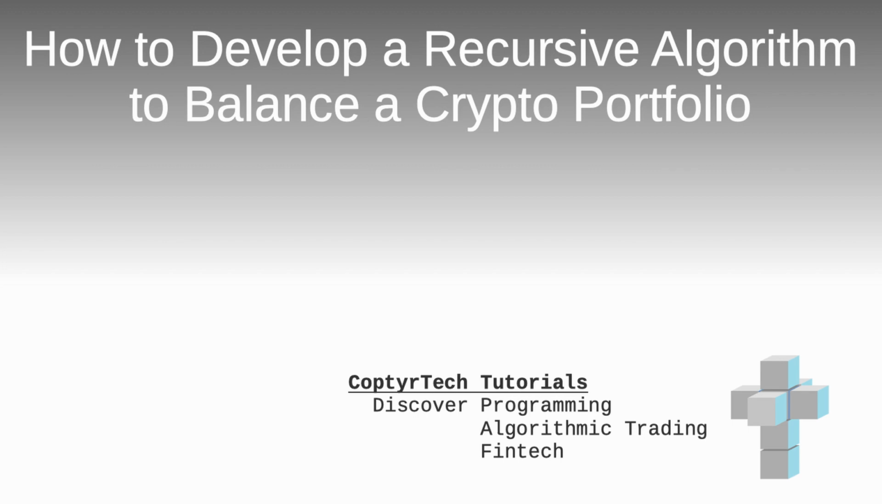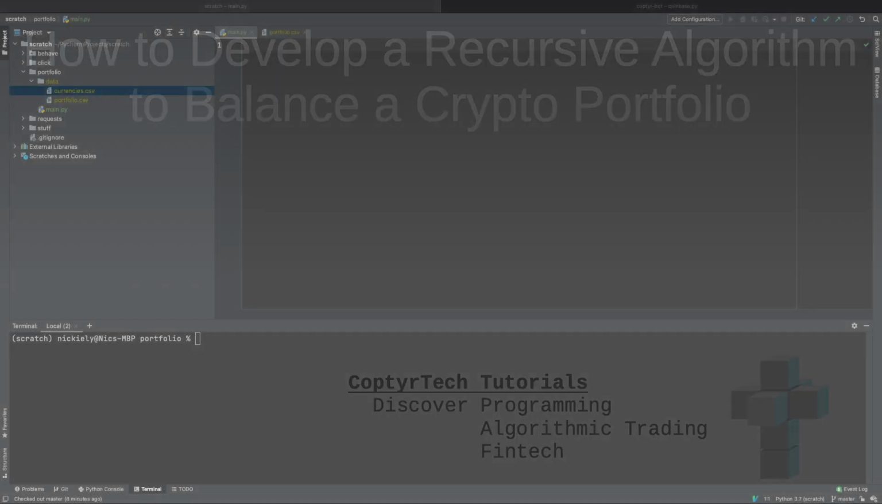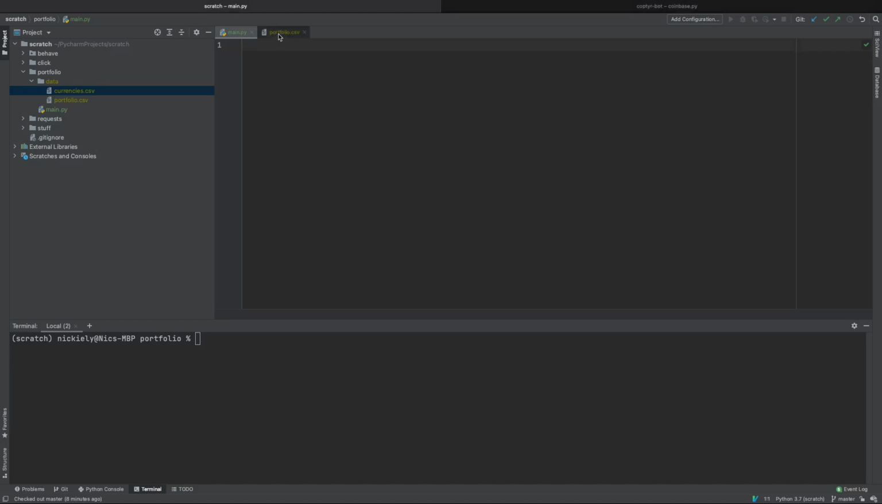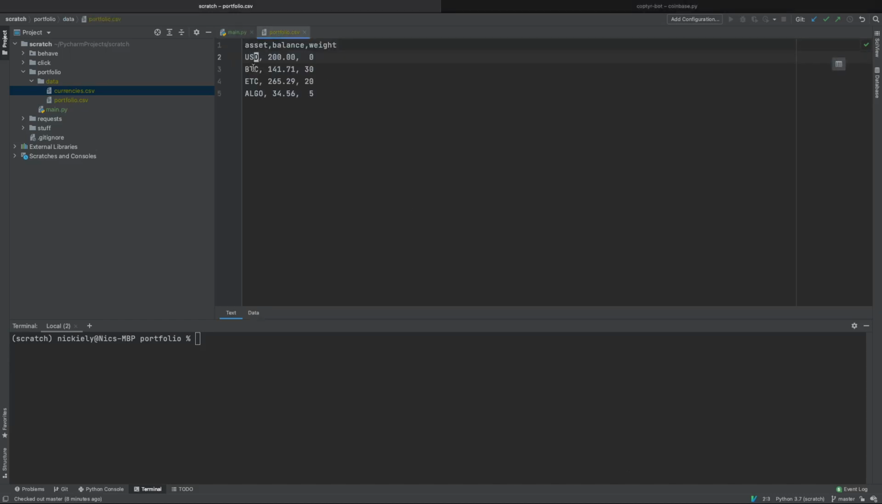Hello, and today we're going to look at balancing a portfolio using recursion in Python. This is an example problem that you may see in a big tech interview. It is also a pragmatic problem in doing any kind of algorithmic trading of portfolio assets. In this example, we'll be using some sample data from 4 assets,